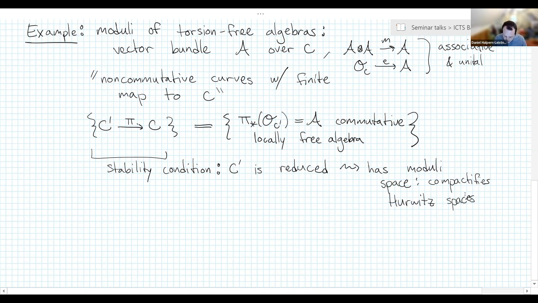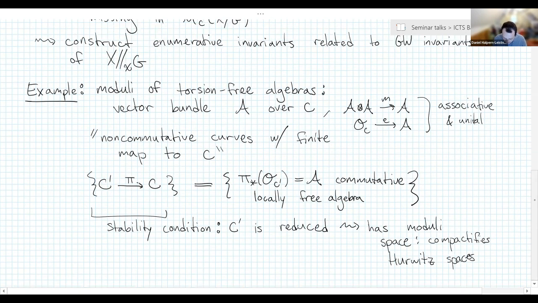And so you can now return to this problem and say, well, these non-commutative curves, or equivalently, these coherent locally free algebras, I can ask, do they have moduli spaces? And the answer is no. It's not totally easy to write down a requirement on the algebras that gives you a compact moduli